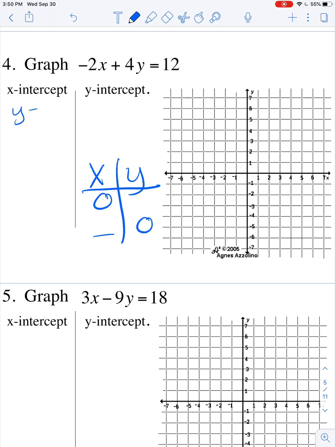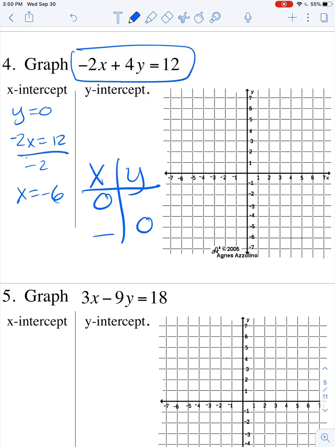I'm going to have a number for x but a 0 for y. So to find my x-intercept, I put in y equals 0 to this equation. So all I'd have left is that -2x equals 12, because if y equals 0, that's gone. Mathematically, it disappears. Okay, solving that by dividing by 2, -2,